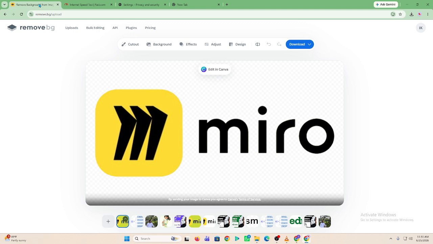If remove.bg is not working on Windows, try clearing cache, switching browsers, or restarting your PC. And that's it. You've successfully learned how to use remove.bg on